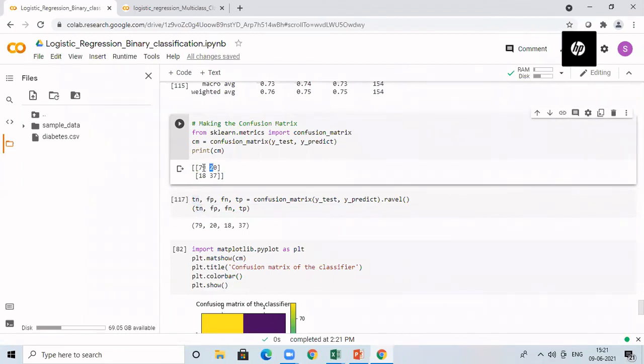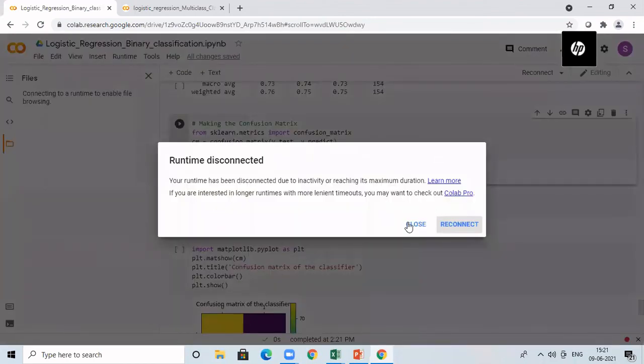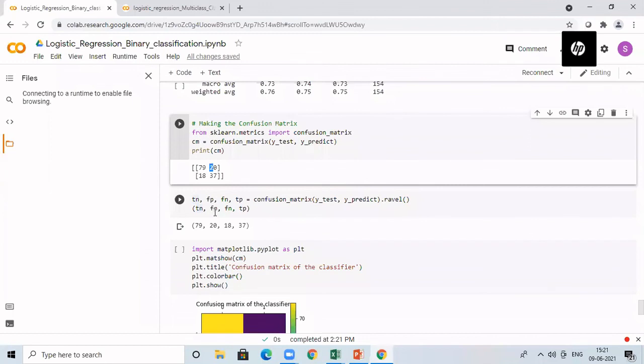Row 0 means in the row we are taking the actual value. Actual value is 0 and column is 1, that is, predicted value is 1. So actual is 0, predicted is 1. That means it is false. So we write F. Is it false positive or negative? Actual is 0, you are predicting as 1. Therefore, it is false positive. So 20 corresponds to false positive.